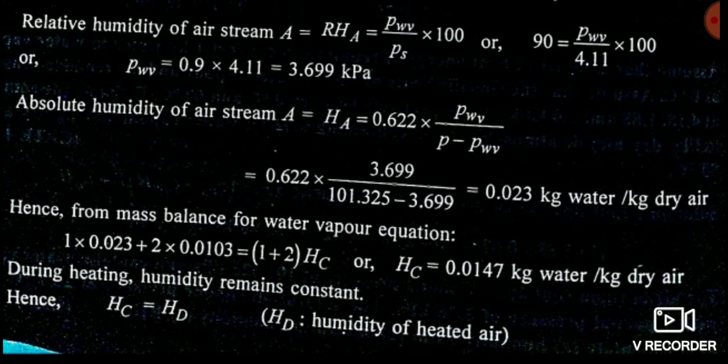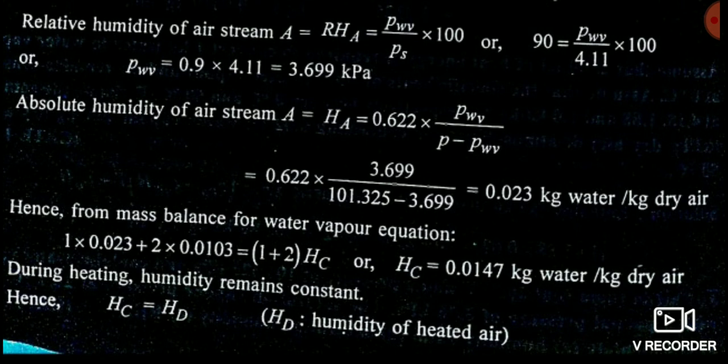Friends, why are we doing such things? When we are solving a question of psychrometry, we have to take care that our thinking capacity should be more, because we have to calculate different terms to get the required answer. Here we have to get the final answer, that is the relative humidity of the resultant mixture. And for getting it, we need two things, that is the saturation water vapor pressure and the partial pressure of water vapor of the mixture at 60 degree. For that only we are doing all these steps.